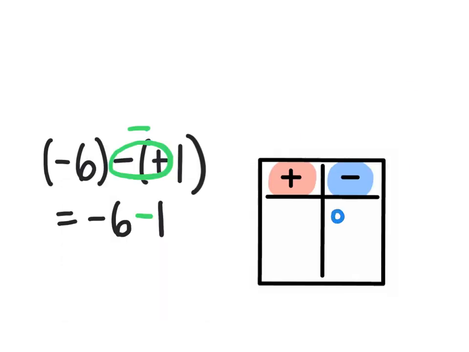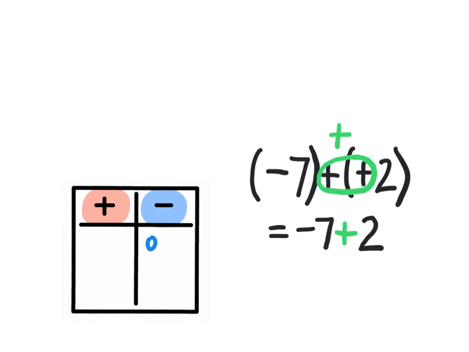The negative team will have 6, and the negative team will get 1 more. So we will conclude that the negative team gets all 7 points. They were the only team to show up, so they have to win. The negative team will have 7, and the positive team will have 2. 2 zero pairs will be created, and we will be able to see then that the negative team will win